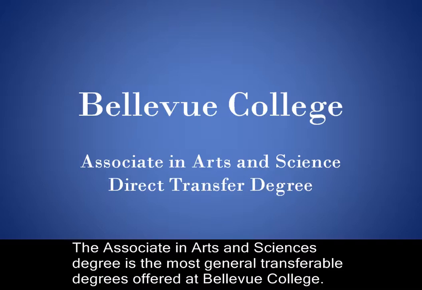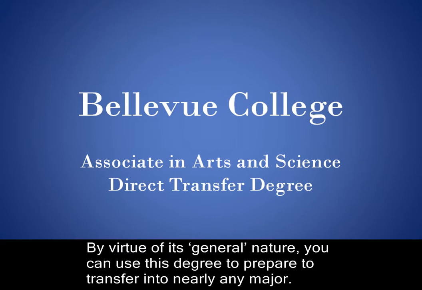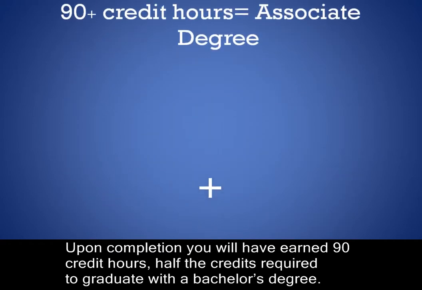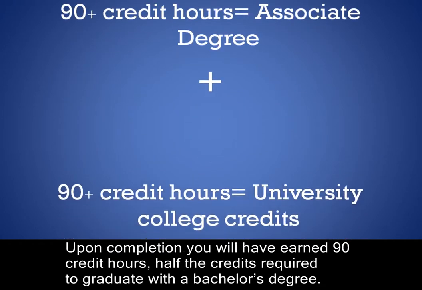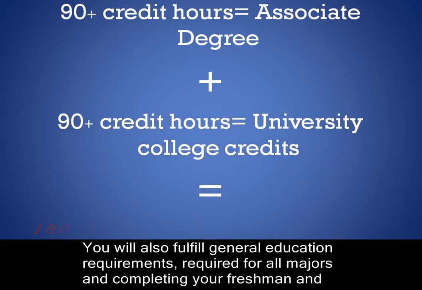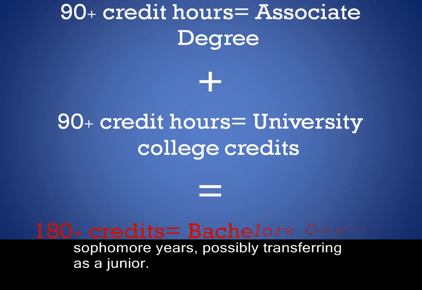The Associate in Arts and Science degree is the most general transferable degree offered at Bellevue College. By virtue of its general nature, you can use this degree to prepare to transfer into nearly any major. Upon completion, you will have earned 90 credit hours, half of the credits required to graduate with a bachelor's degree. You will also fulfill general education requirements required for all majors and complete your freshman and sophomore years, possibly transferring